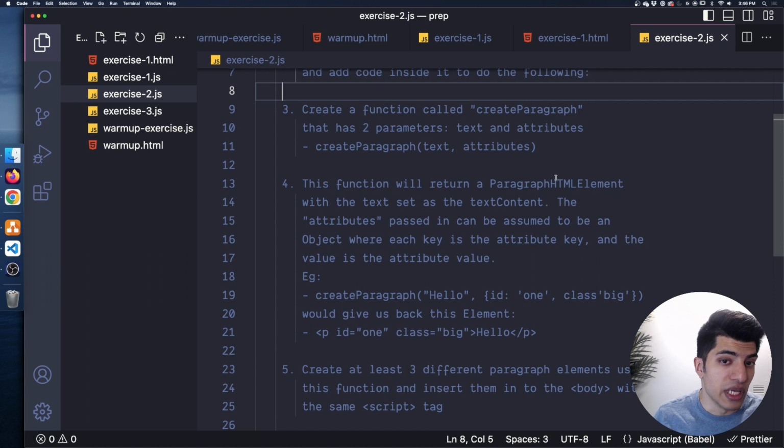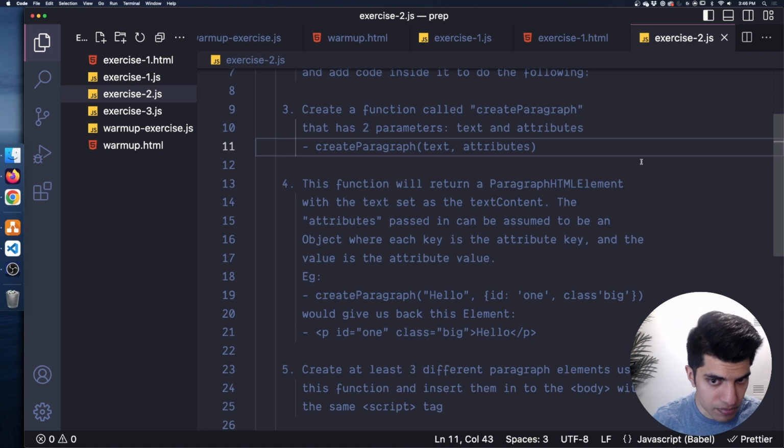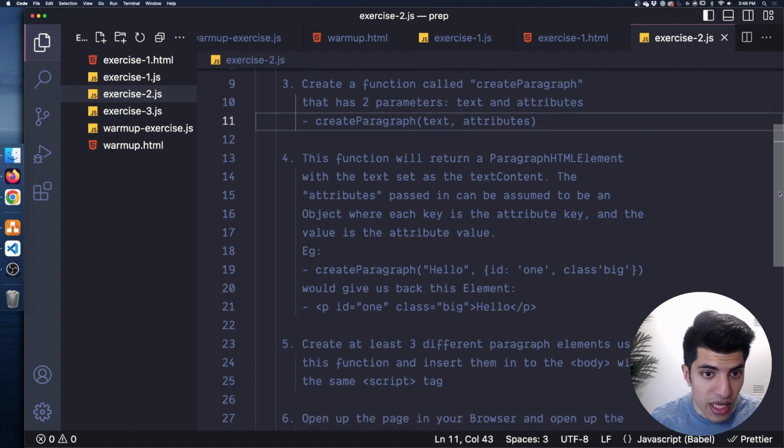Now here's where things get kind of interesting. Inside of the script tag, I want you to create a function called createParagraph that has 2 parameters, text and attributes. So it looks kind of like this. createParagraph has 2 parameters, text and attributes. Then what I want you to do is make it so that this function is going to return